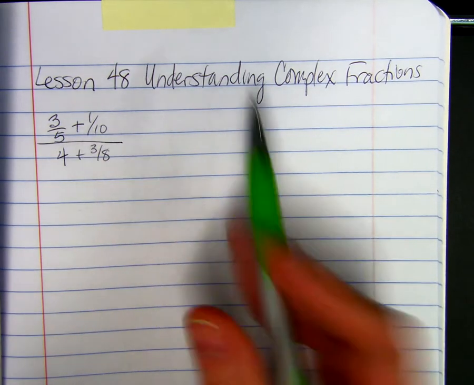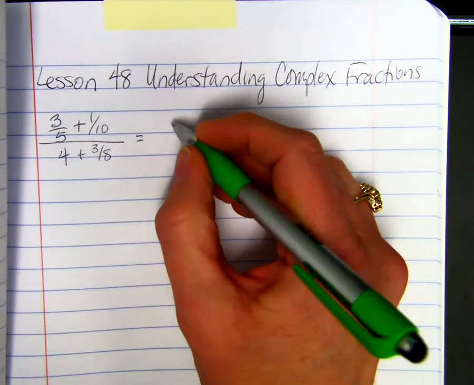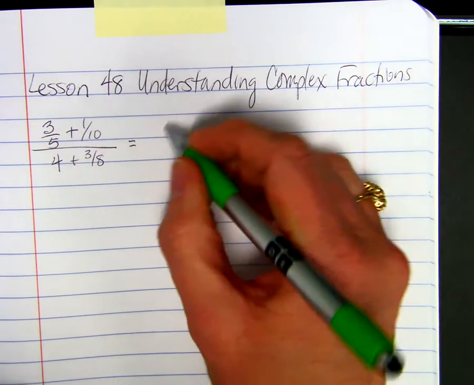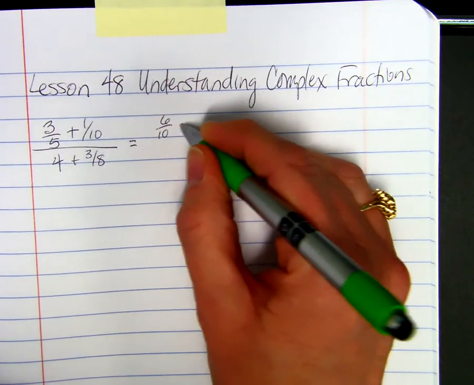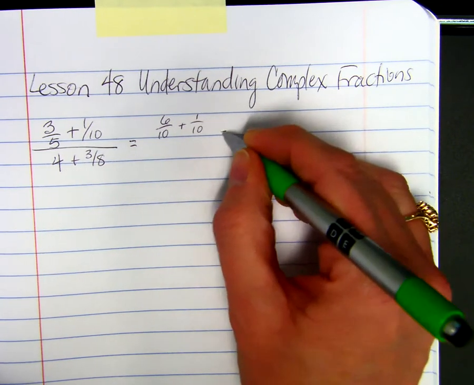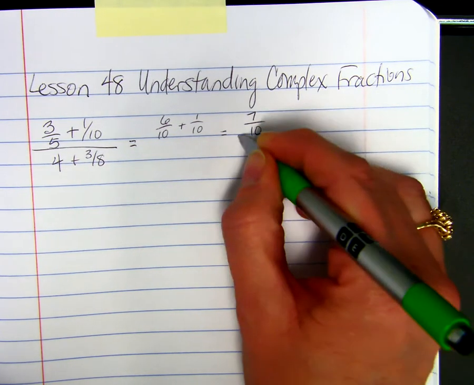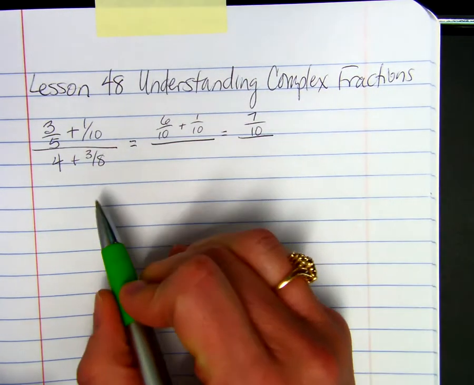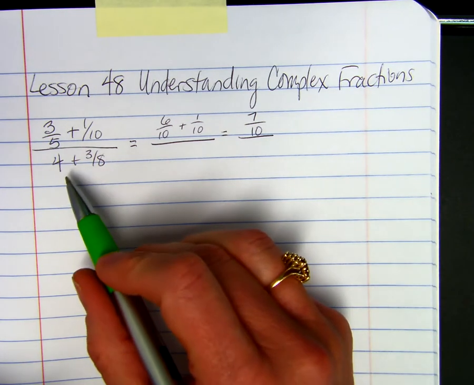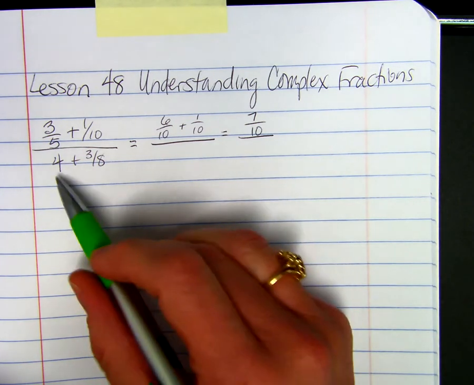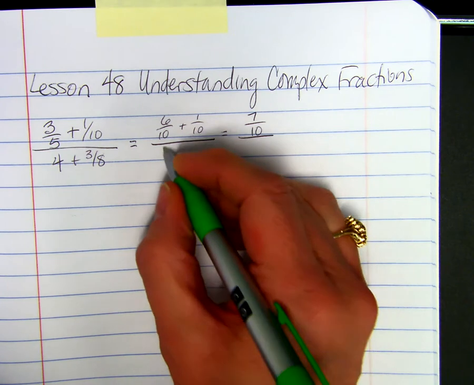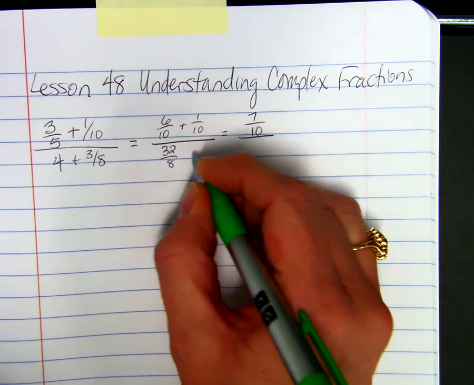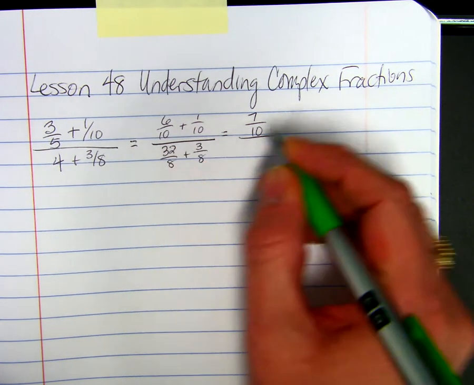In the numerator, we have to get a common denominator, and we can use tens. We have 6/10 plus 1/10, which is 7/10. In the denominator, to get a common denominator, we can use 8. So we have 32/8 plus 3/8, which is equal to